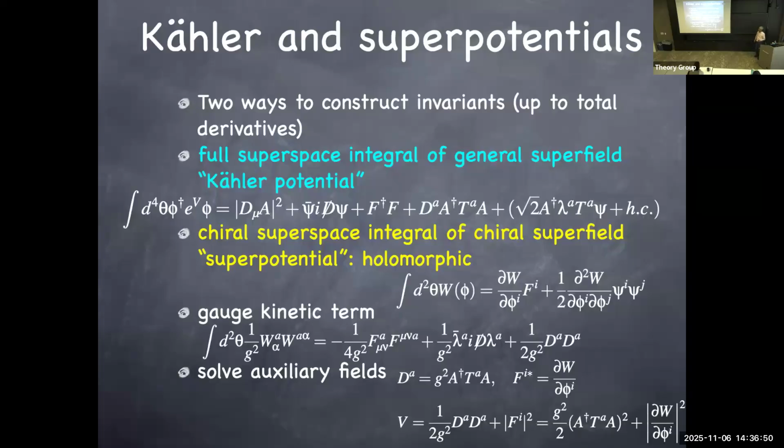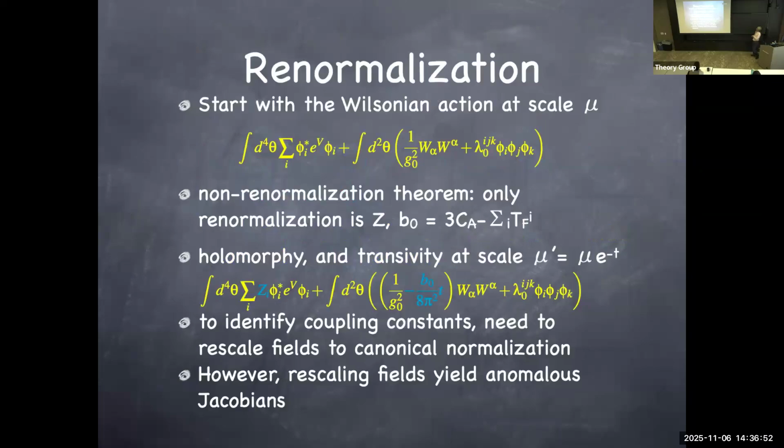And one interesting fact about supersymmetry is that when you actually think about how different things renormalize, when you go from some high scale to low scale, this superpotential does not get renormalized, something called non-renormalization, it stays put. The only renormalization you get is the wave function renormalization for the chiral superfields, and also one loop running of the gauge coupling constant, and that's it, nothing else.